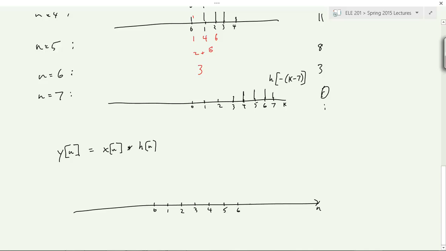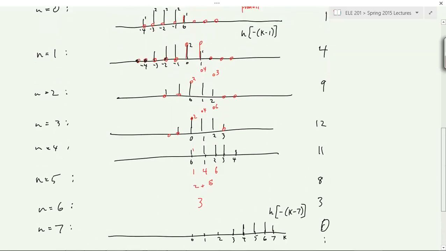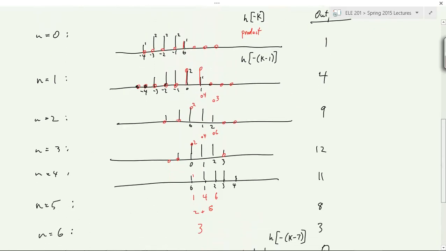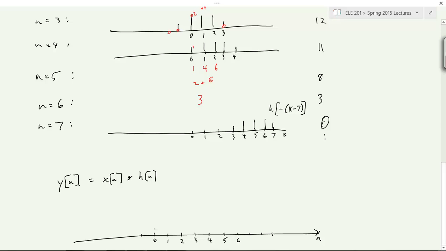Actually up to 6, and then we have a bunch of zeros. So the function that we got, it's hard to fit it all in one screen, 1, 4, 9, 12. So we have something like this. 1, 4, 9, 12,